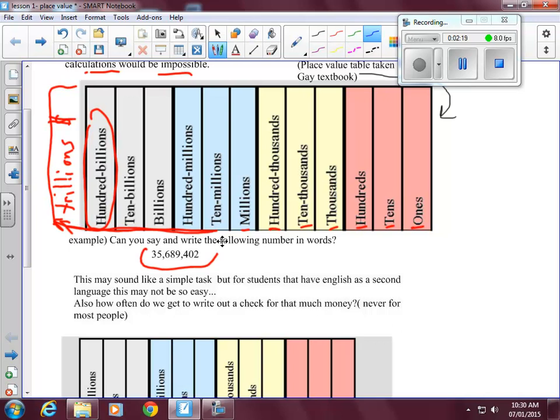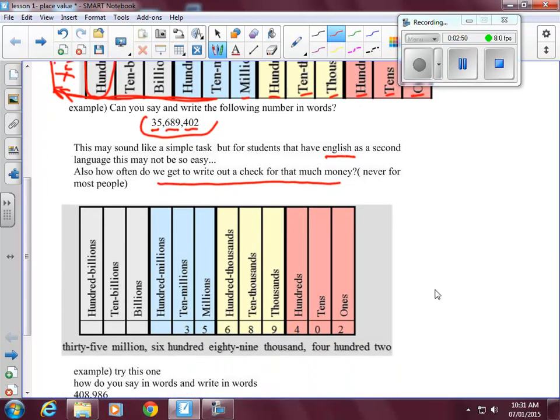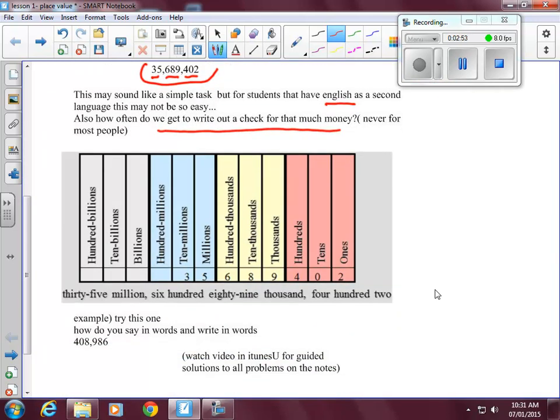Okay, can you say and write the following number in words? I'm going to say it with you. 35,689,402. Notice I didn't say "and" 402. So the word "and" gets used later on when we're dealing with fractions and decimals. It doesn't get used in whole numbers. So like I said, this may sound like a simple task to write this out, but it may be difficult for some students. So how often do we get to write out a check for that much money in the real world? So you see here, this first one I have the answer written out,